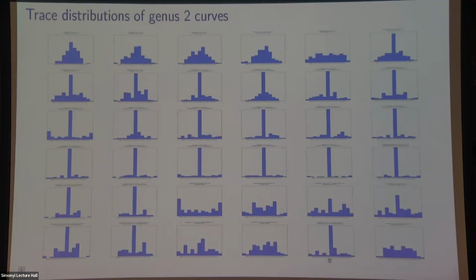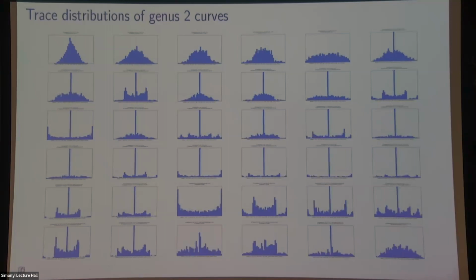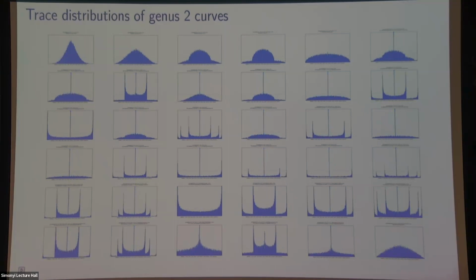And there is a whole zoo of, instead of 3, as I said, there are 52 Sato-Tate groups. There are 36 trace distributions that occur for genus 2, for abelian surfaces over number fields. Of those, 26 occur over Q. I'm showing some of them here. The only 2 that are relevant for this talk are this one here and this one here.